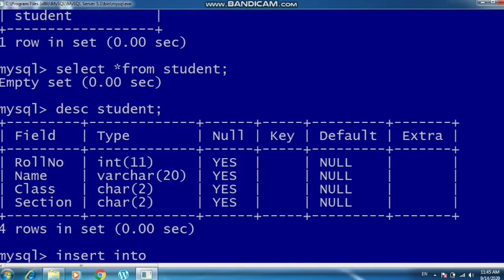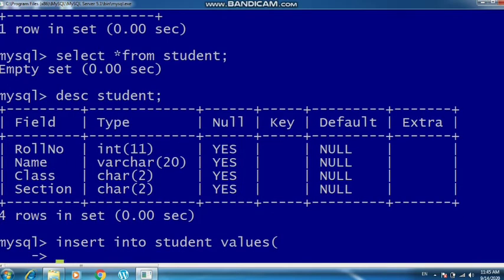Insert into student, the table name, values, and then you begin the bracket and start entering the records separated by commas. So I am writing roll number 1, then comma, name will be in double quotes.